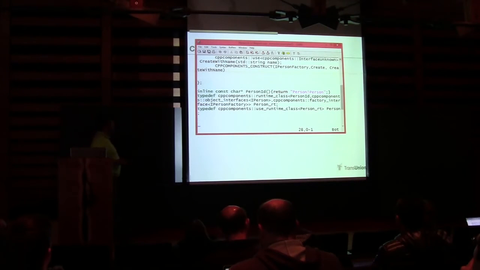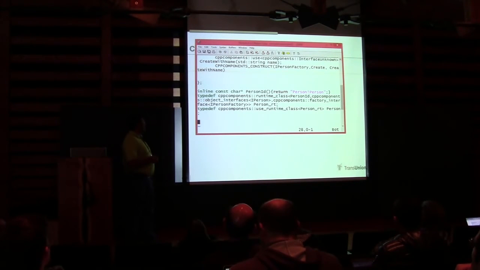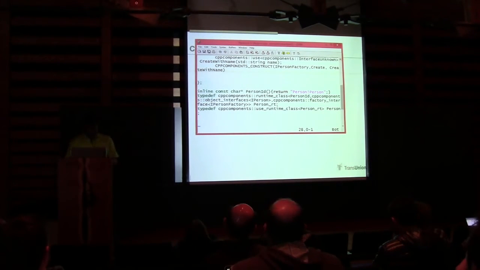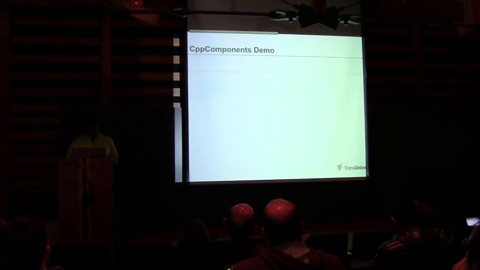All right, so then same thing, person ID. And here we have our runtime class again. We have the object interfaces, which is our person. And then we add something called a factory interface. We can only have one. And it's the person factory for a person RT. And then everything's the same as before. Any questions? So we're basically saying this is our runtime class. We've got these interfaces for the object. And then we've got these constructor interfaces. All right, so this is our